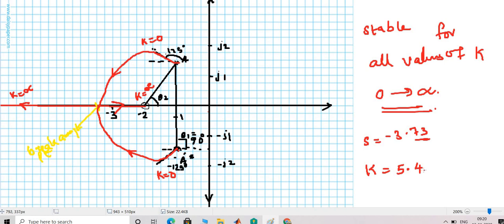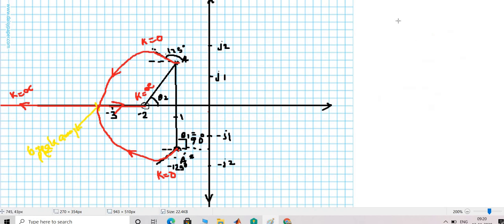So when the root locus meets the real axis, the value of k is 5.4. That means when the value of k is less than 5.4, if you check your root locus, the system poles will be complex, because at k is equal to 1, some 2 poles will be there, and at another k, other 2 poles will be there, etc. And when the value of k is less than 5.4, the poles of the system